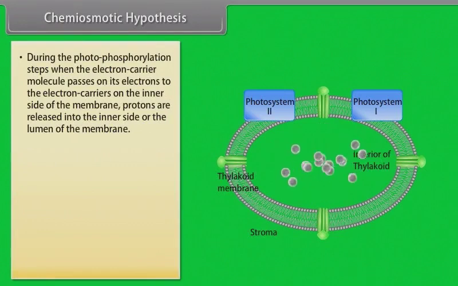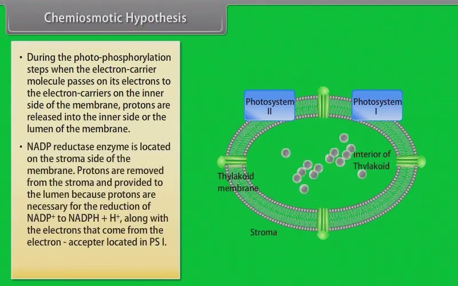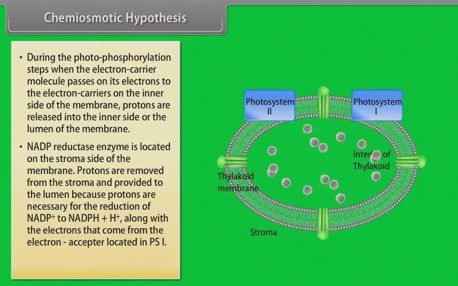During the photophosphorylation steps, when the electron carrier molecule passes on its electrons to the electron carriers on the inner side of the membrane, protons are released into the inner side or the lumen of the membrane. NADP reductase enzyme is located on the stroma side of the membrane. Protons are removed from the stroma and provided to the lumen because protons are necessary for the reduction of NADP+